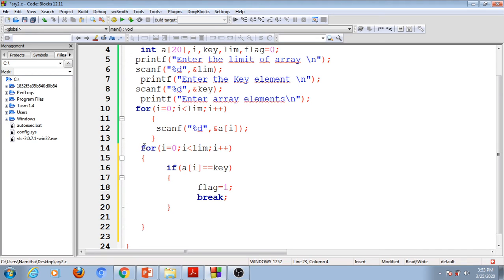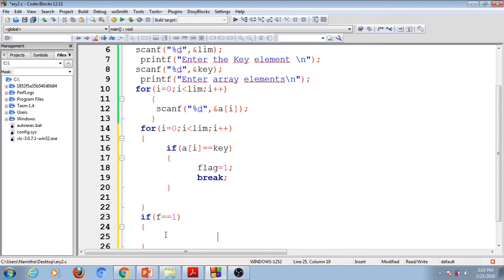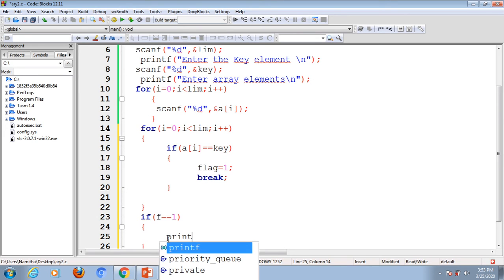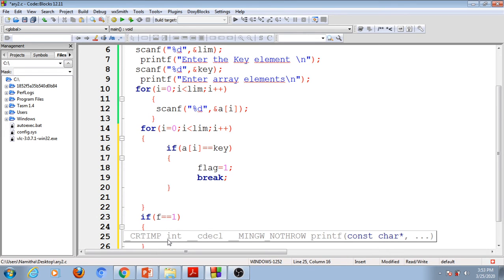Right? So here we have two possibilities. Based on the two possibilities, we can conclude that if this flag equals 1, then somewhere inside the loop, somewhere inside the array, we got a match. In that case, we can display printf